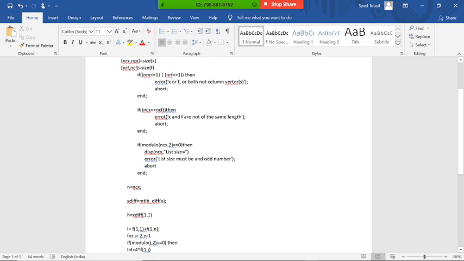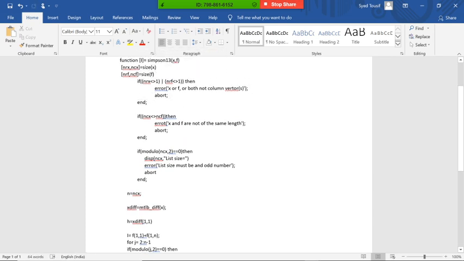If it is successful, meaning our matrix is proper, then we check another condition. If the length of x and the length of f do not match, we return that they are not the same length.